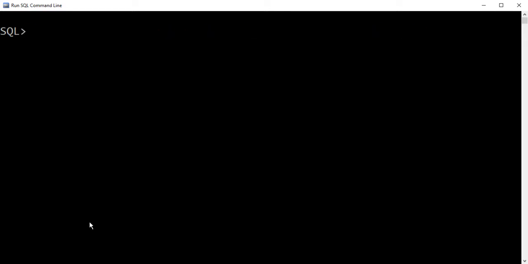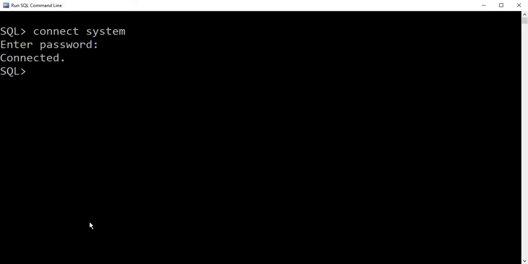Starting with the primary key constraint and creating the table, firstly we have to connect with the system. For connecting we have the command connect system, and the password is tiger. To clear the screen I use the command clear screen.